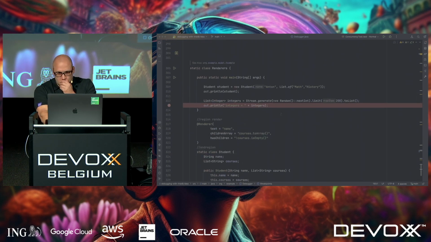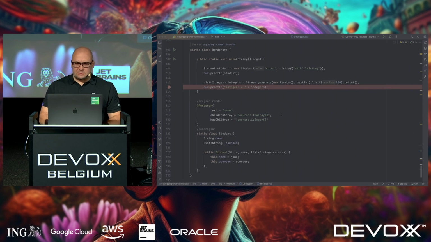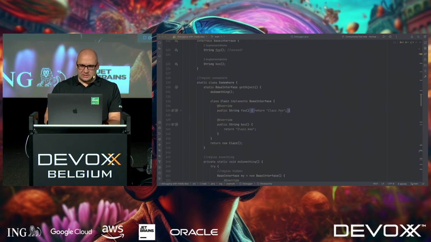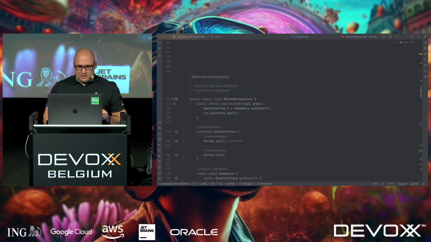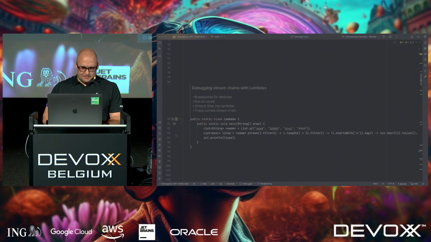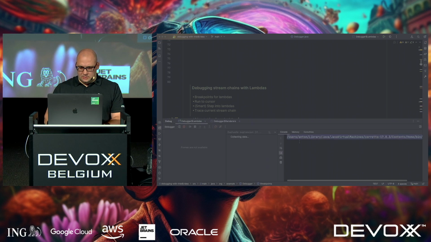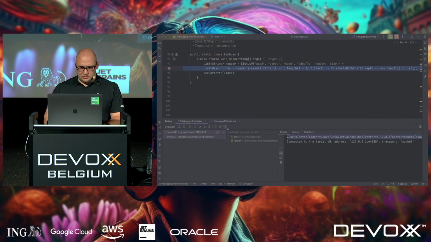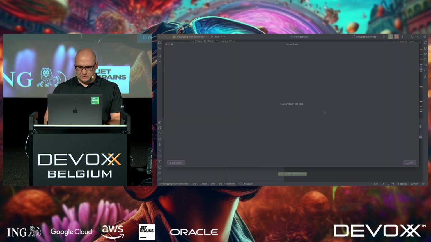Finally, we reached the renderers. In fact, let me go back to the example with the streams to show you one thing that I did not show that is related to renderers. When I showed you the stream trace debugging,